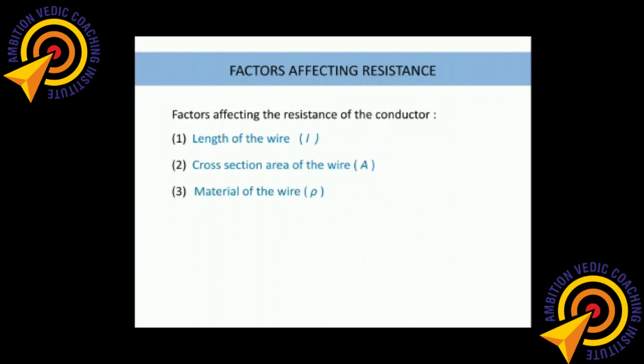Third thing is material. Depending upon the wire that we have taken, whether it is of gold or copper or platinum or zinc or any material, the atoms are sometimes close and sometimes away. So if the atoms are very close, the number of atoms will be too much in the wire, and if the atoms are far away from each other, then the number of atoms will be less.